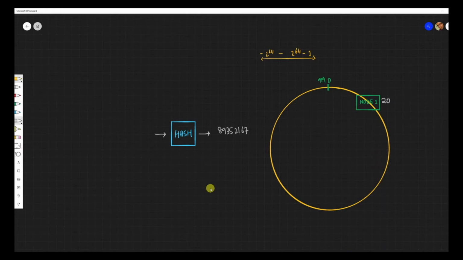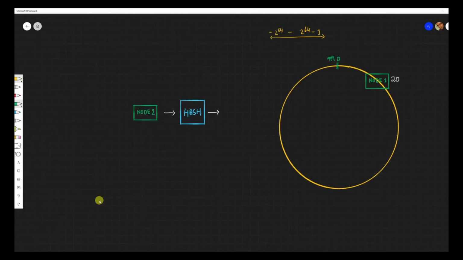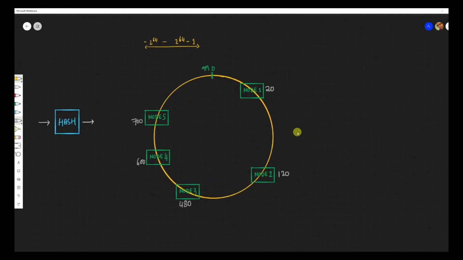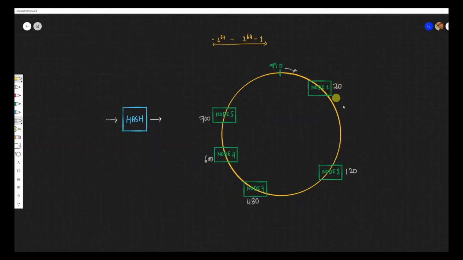Now we are talking about a cluster, right? So we have more nodes over here. Similarly, we do the same thing with node 2, and suppose it also produced a new value of say 120. For simplicity, let's say there are 5 nodes. So let me put those 5 nodes into the ring. So let's say this is my ring over here. I place the nodes in a clockwise direction. You can do it anti-clockwise also, there is no harm. So we place the first node at 20.